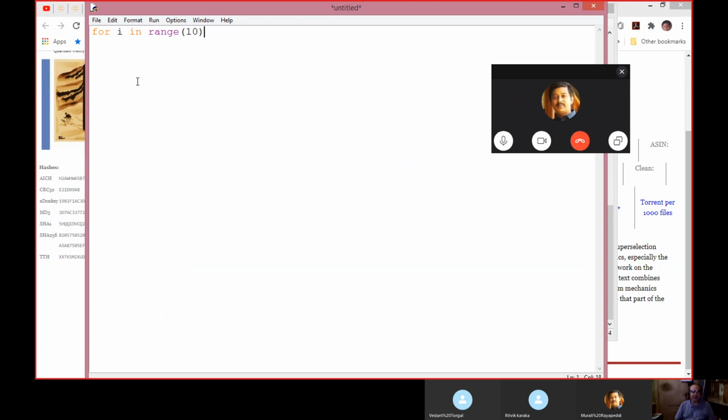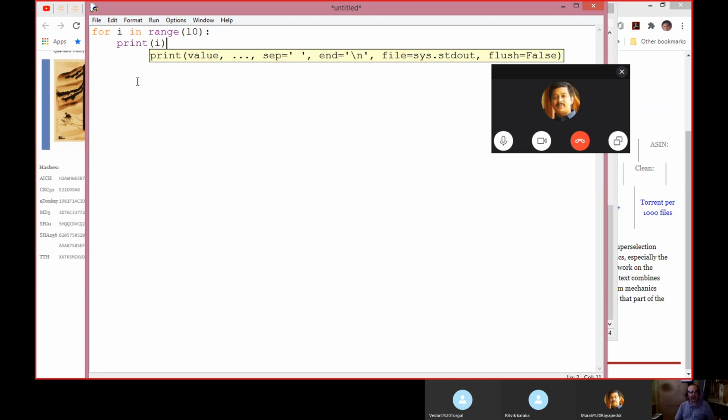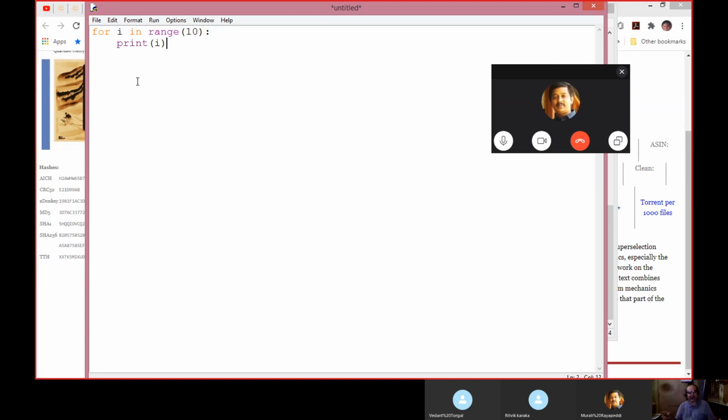And of course, since you are writing a block of code, for is also a loop, but it is not like while. In while you have that condition. Till the condition is true, it will execute. Whereas here, it will go through the entire sequence. So range gives us a sequence from 0 to 9. When I say range 10, we'll go from 0 to 9, say print i. So it will go through each number in the list or sequence and print it.